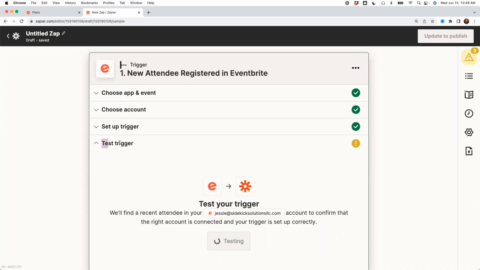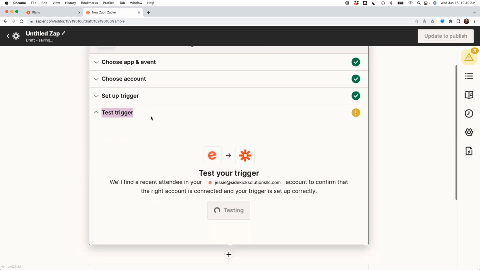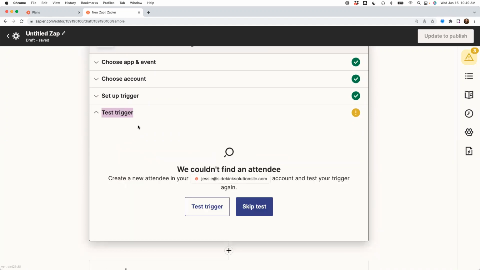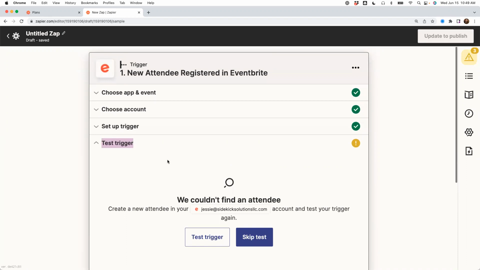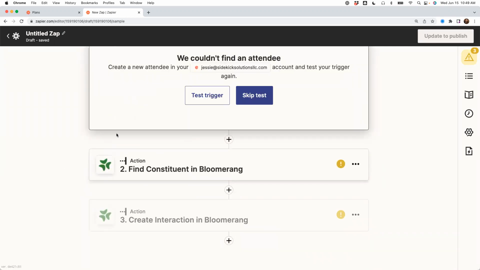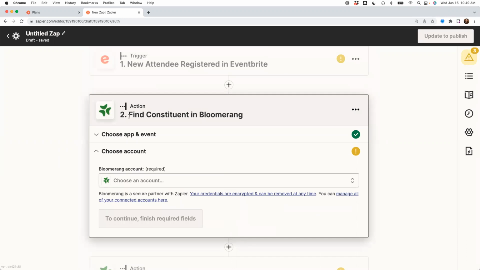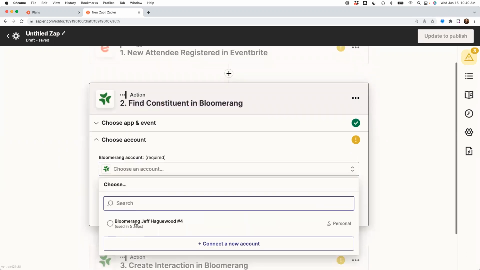And so what I'm doing first is I'm pulling in a test. Zapier allows you to test your trigger. Oh, and I guess I don't have any registrations in my sandbox. I'll show you what that looks like here in a minute. But what this will do is that Eventbrite will actually return a sample payload of data since we don't have an active registration in our sandbox. When we test our trigger, it gives us a set of all of the fields that would be provided in Zapier every time a new attendee is registered in Eventbrite. And what that allows us to do is that in our subsequent actions, like when we find or create a constituent in Bloomerang,